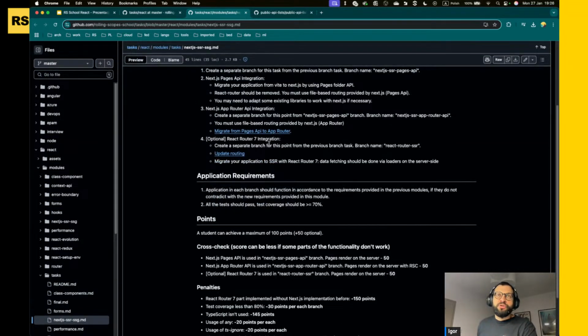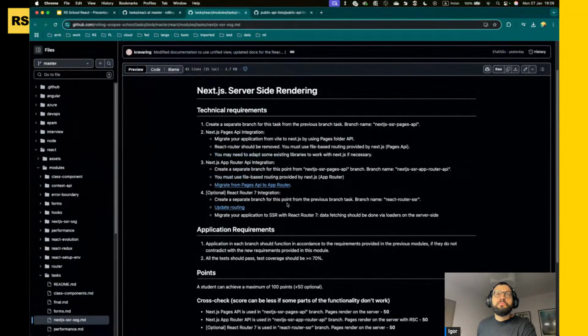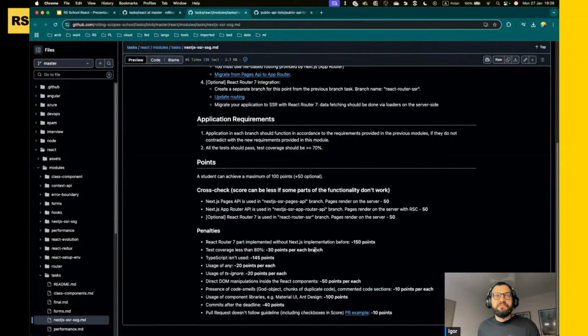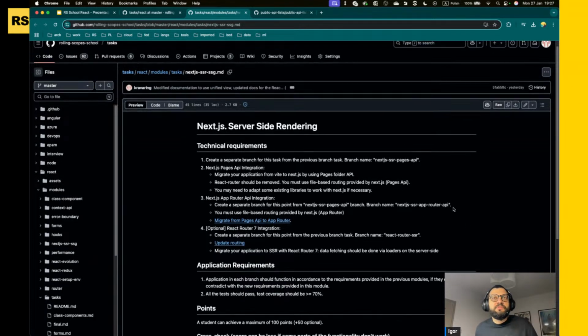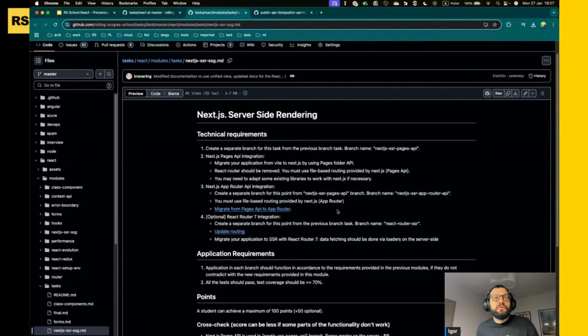And there is one optional module. What does optional mean? If you implement just React Router 7 without implementing Next.js, you will get a penalty. So you can skip React Router and just focus on Next.js. Again, here we will have 2 weeks to implement this solution. So you can spend 1 week on the Pages API and another week on the App Router API. But if you feel interested, and you feel you have enough time and are capable,